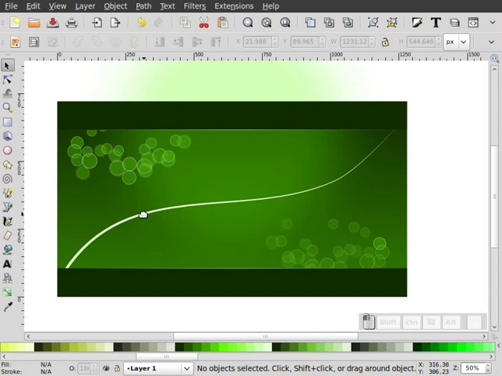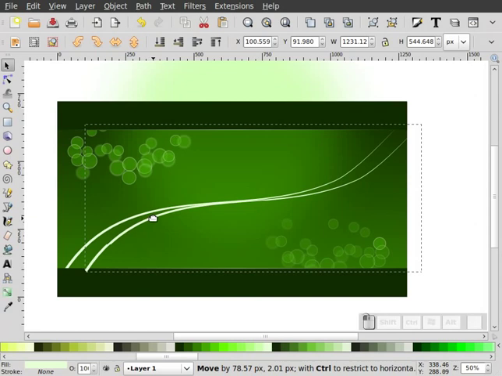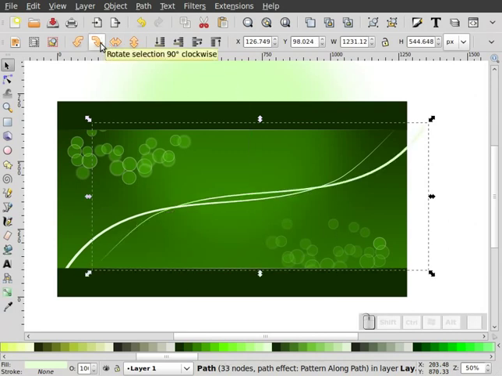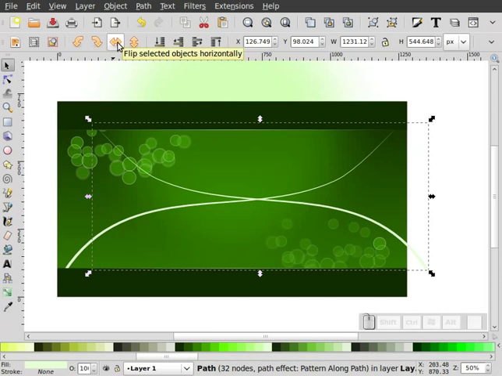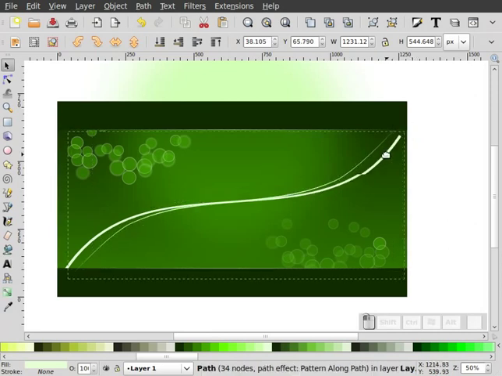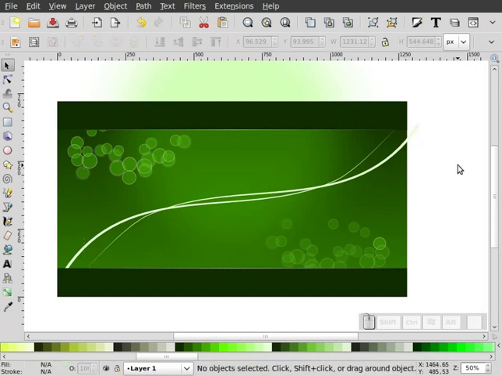Okay, now what I'm going to do is right click on this and hit duplicate. And let's see what happens if I rotate that. No, I don't want to do that. Let's mirror it. Let's flip it. Rotate it. That might work. Just move that around a little bit. Okay, so let's say, for example, I got a little something like this, and what we want to do now